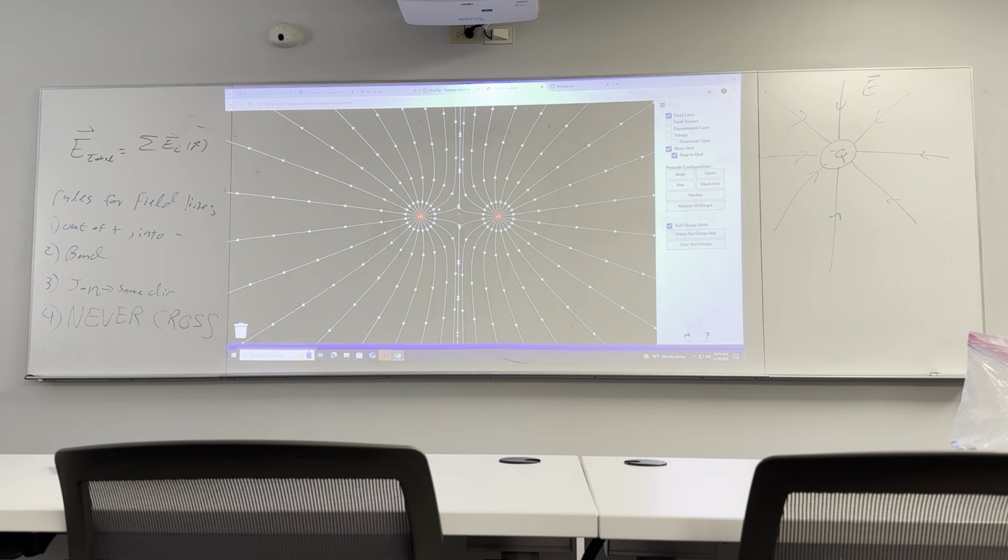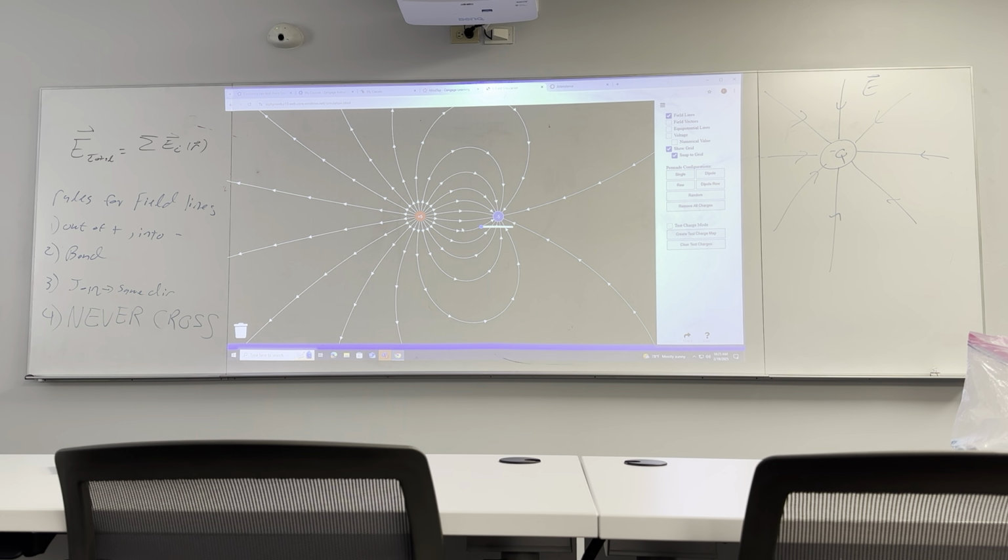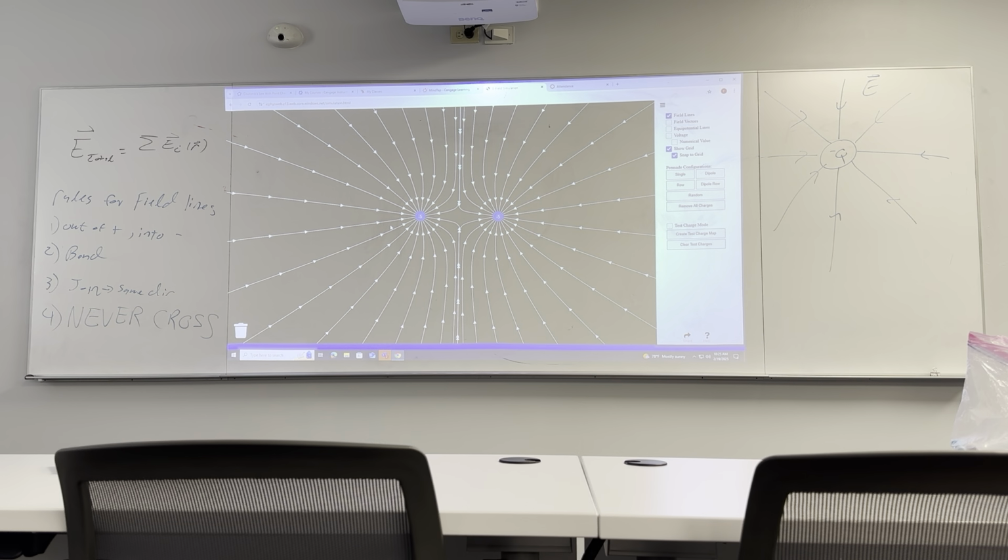So that's a positive charge and a negative charge, or two positive charges. Same thing if I had two negative charges. Or if I made this a negative charge, I'm back to the dipole pattern. There's a negative charge. Now I'm back to, right? So this is interesting. When I think about charges repelling and attracting, I can really talk about the fields,